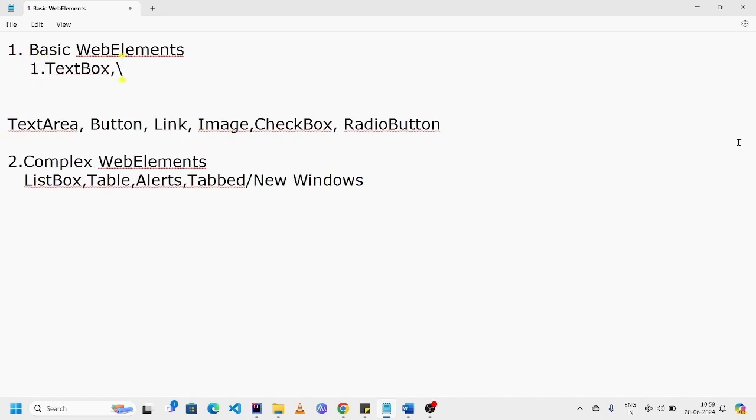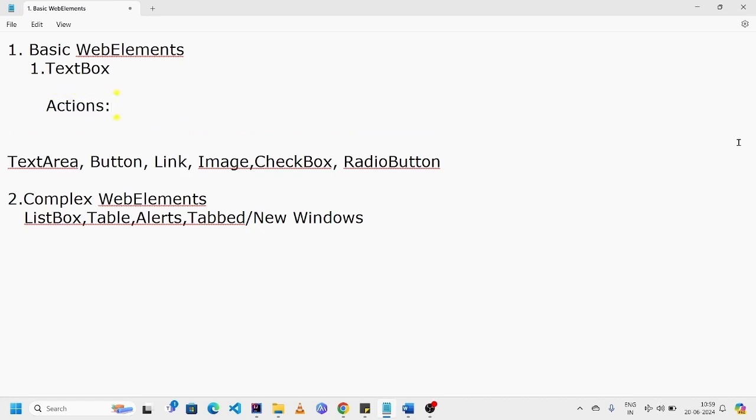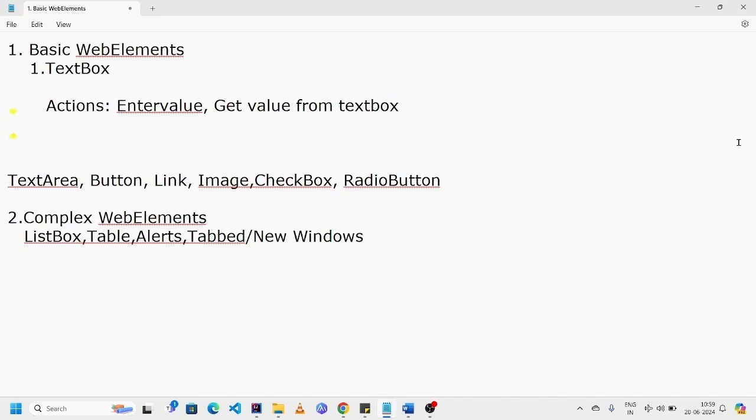For any text box, what are the possible actions we have to perform? Enter value and get value from text box, right? These are the possible actions. For these two actions, WebDriver is providing two methods, send keys and get attribute of property. So using send keys, we can enter value and using get attribute of property, we can get the value from